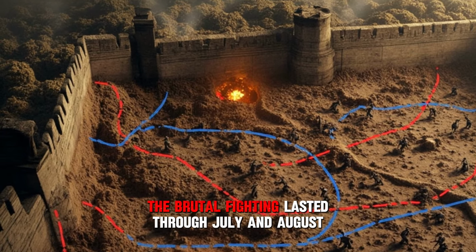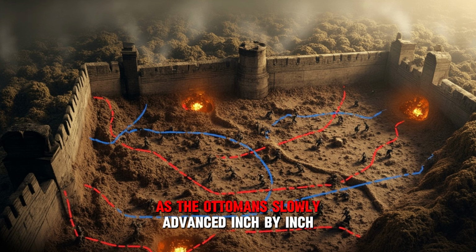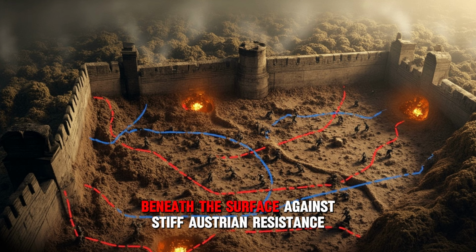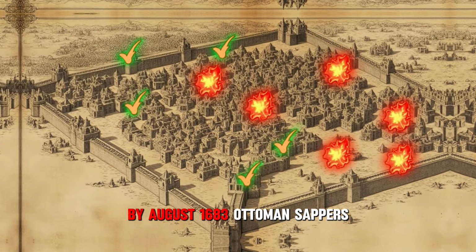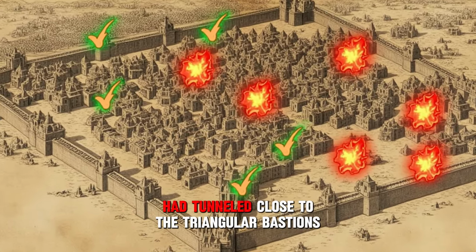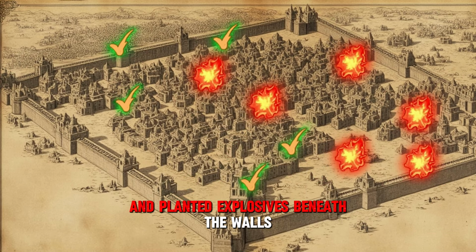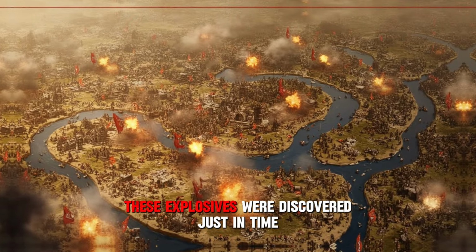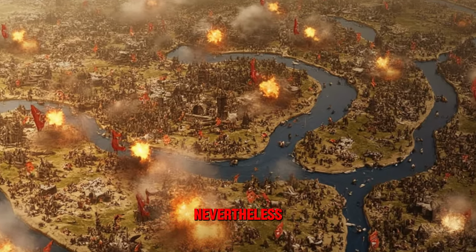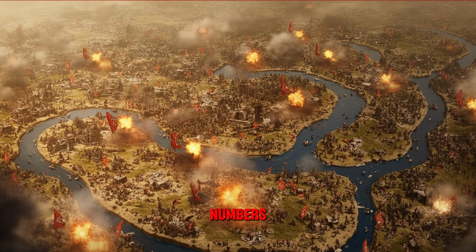The brutal fighting lasted through July and August as the Ottomans slowly advanced inch by inch beneath the surface against stiff Austrian resistance. By August 1683, Ottoman sappers had tunneled close to the triangular bastions and planted explosives beneath the walls. Fortunately for the Austrians, these explosives were discovered just in time. Nevertheless, after a month of defending with vastly inferior numbers, Austrian forces were being depleted and on the brink of